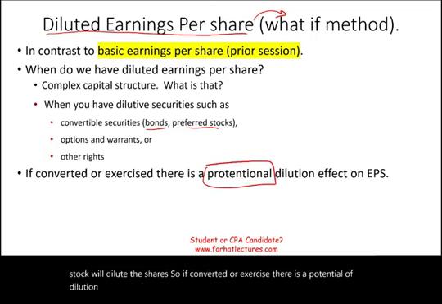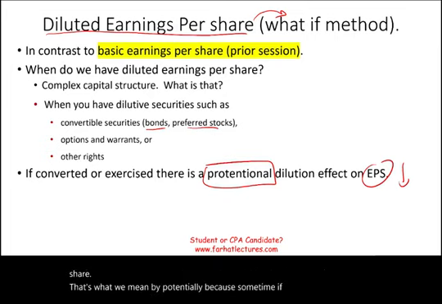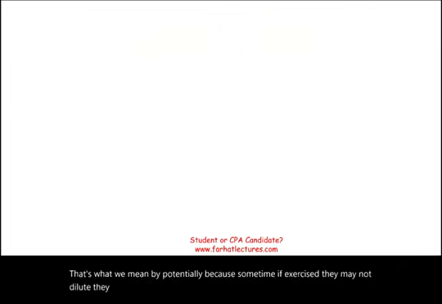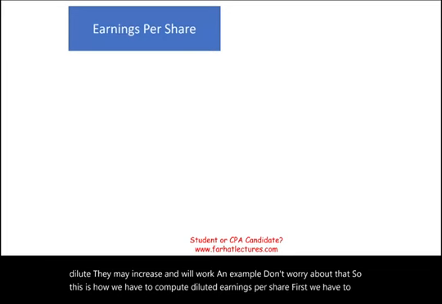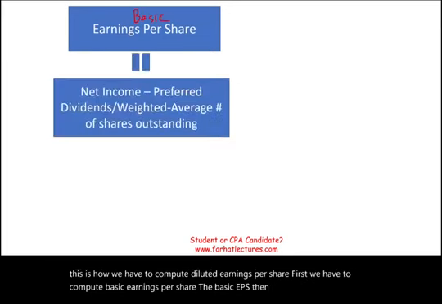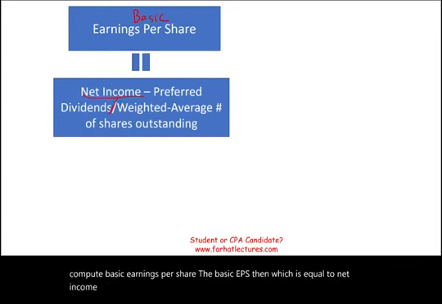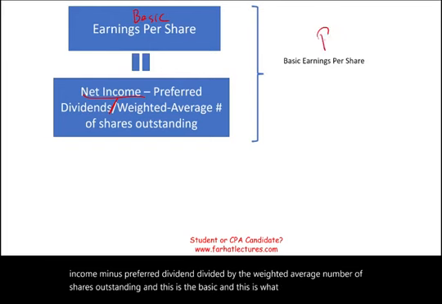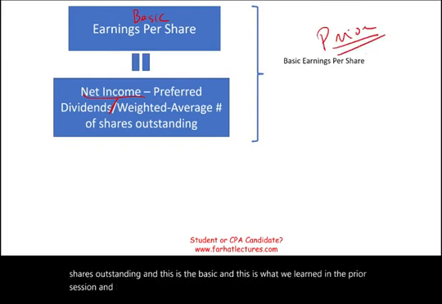Dilution means it could potentially reduce your earnings per share. That's what we mean by potentially, because sometimes if exercised, they may not dilute, they may increase, and we'll work an example, don't worry about that. So this is how we have to compute diluted earnings per share. First, we have to compute basic earnings per share, the basic EPS, which is equal to net income minus preferred dividend divided by the weighted average number of shares outstanding. This is what we learned in the prior session, and that's why I said, if you're not comfortable with basic,